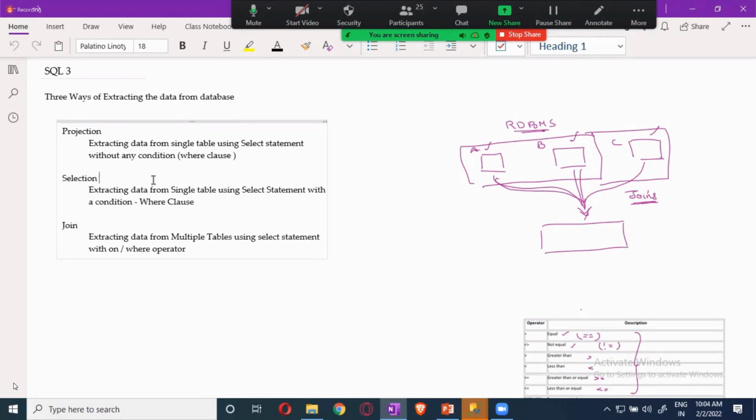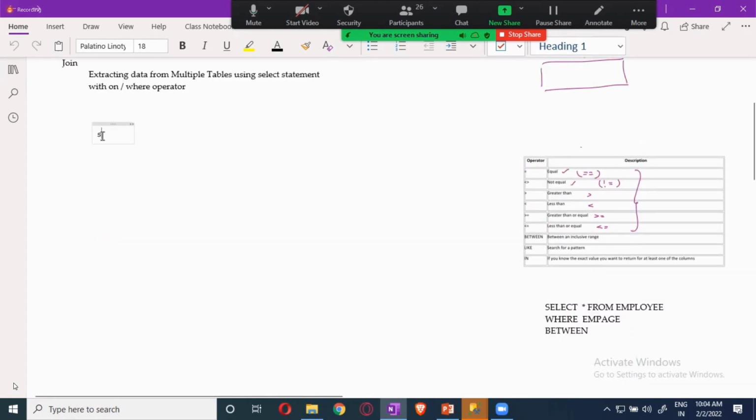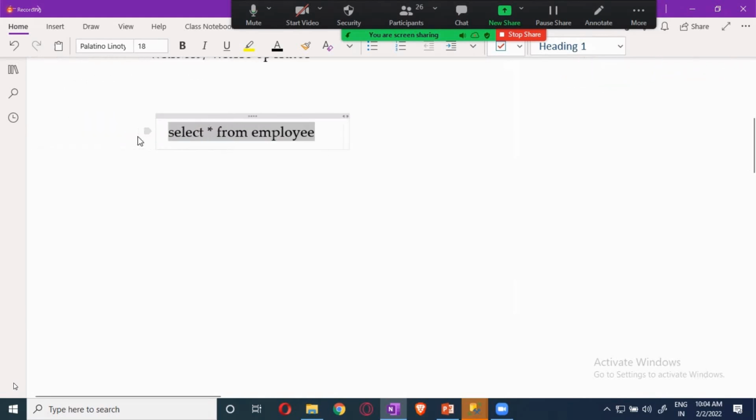A simple example: select star from the employee table. This is called projection. You project all the data inside, without any condition.